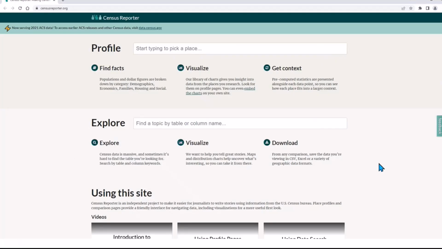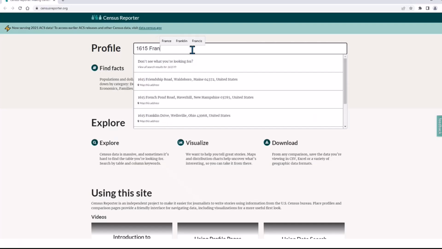Census Reporter is another very easy tool to use. Let's say you want some demographic data for your neighborhood and decide to use the census tract for your address to approximate the neighborhood. Go to censusreporter.org. First, you will enter the address in the search box next to the profile at the top of the screen. The address I will enter here is 1615 Franklin Street,